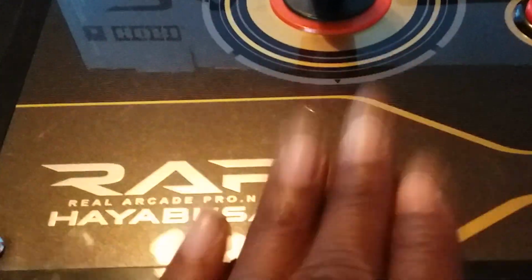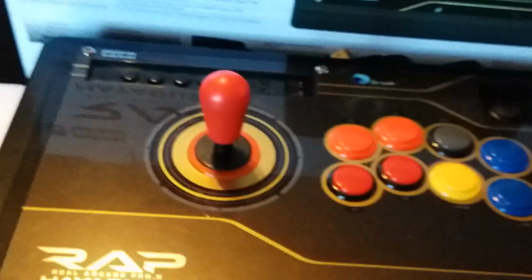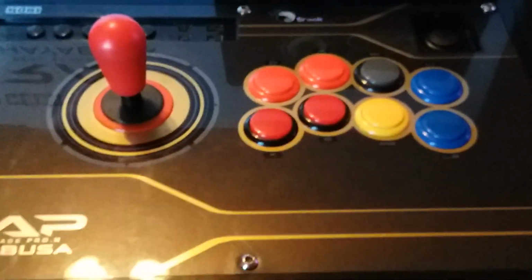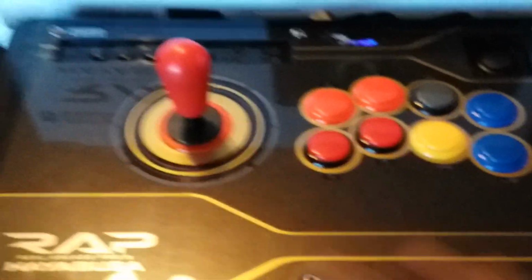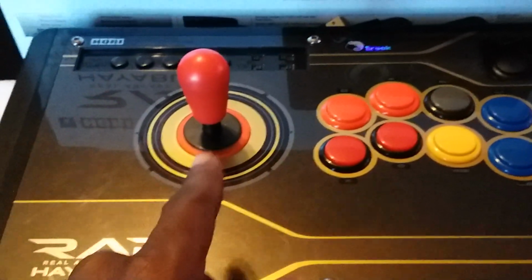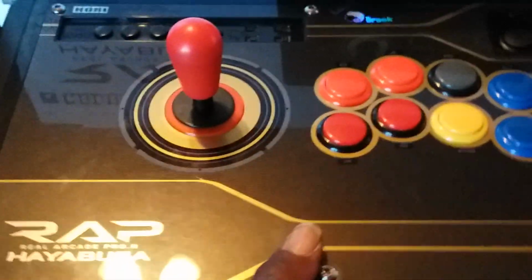Let me explain something. I was finna do a review of the Wrap-in, and it just slipped my mind. Had other things going on. Pretty sure everybody has stuff going on in their life besides YouTube. But anyway, my board went out in it, and I was pissed because right now this is my favorite stick. I'm not crushing on the Razers or the Evo sticks or the Qanbas, none of them. But right now, the Hori is running the game. I can see a couple of upgrades that they should be doing. Like for instance,